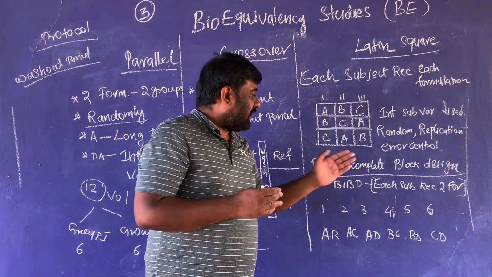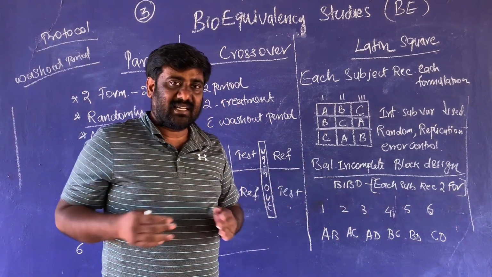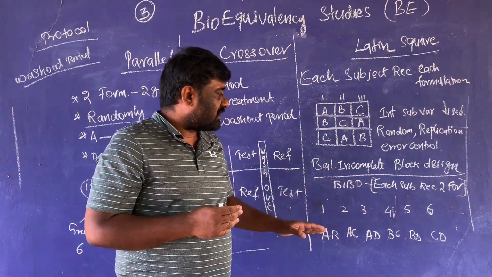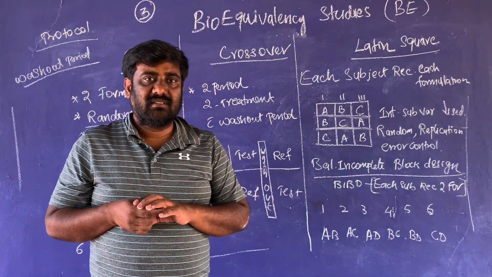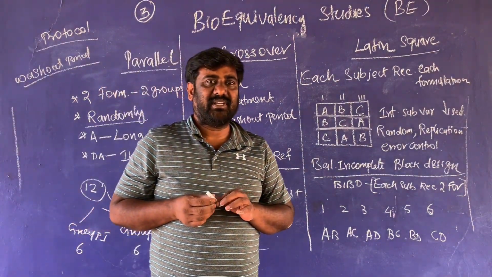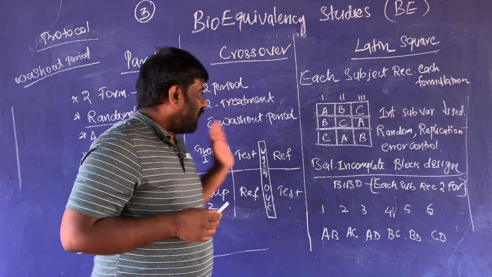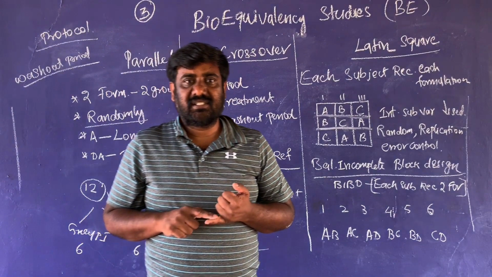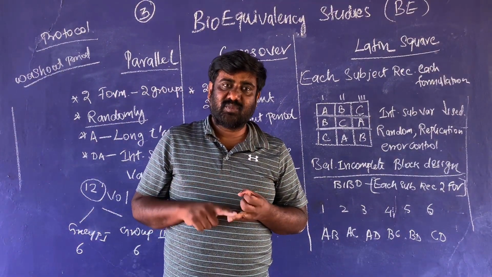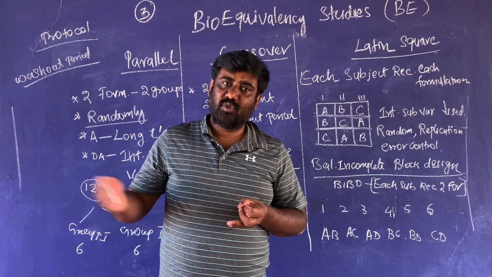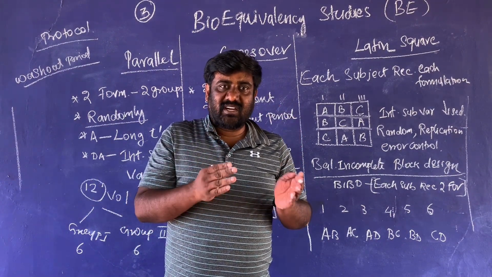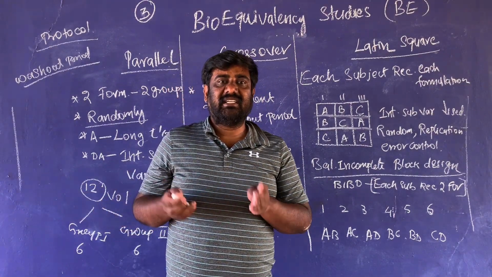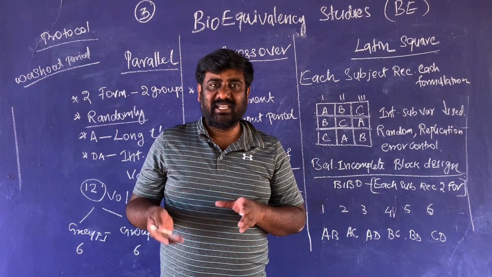Here again, after completing the whole process, the drug sampling is done. The plasma is collected and the drug is estimated with the selected analytical techniques. So over all the studies, we will get the plasma concentration of formulation A and the plasma concentration of formulation B, and more if more formulations are there. Those plasma samples are checked in the selected analytical technique, and we will get the concentration in milligram per ml.